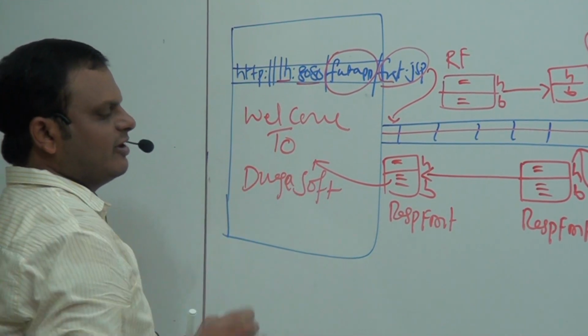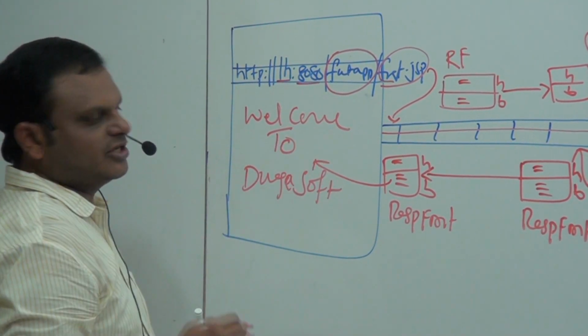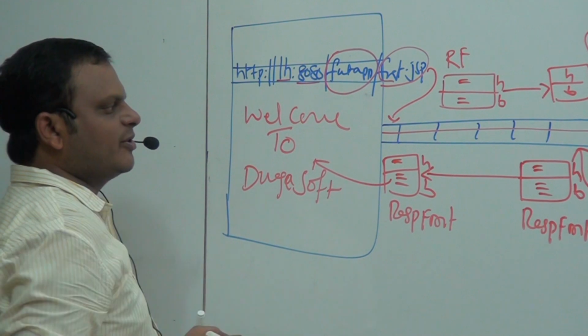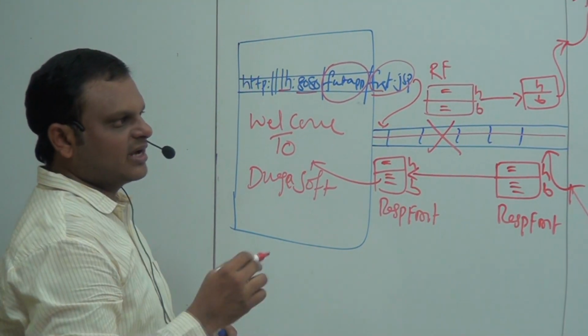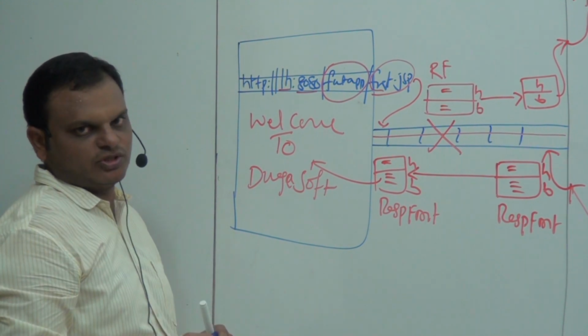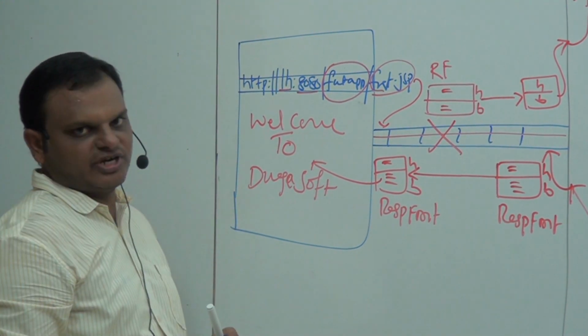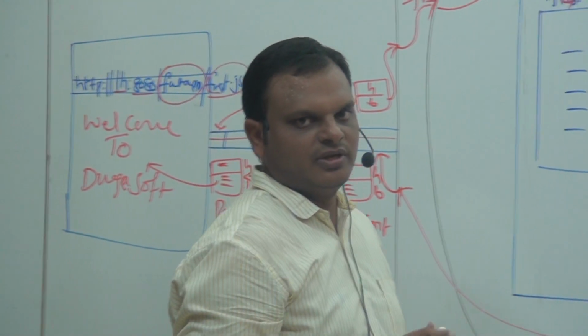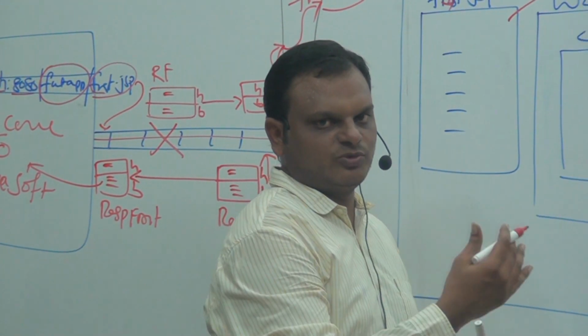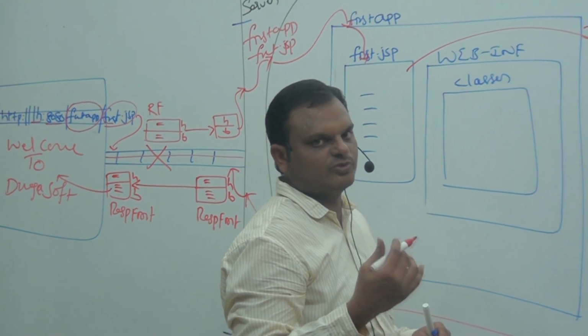Durgasoft is an example we have taken, and this is the response I implemented here. Whenever the response comes to the client, the protocol immediately terminates the connection we established. Whenever the connection is terminated, the container understands that application execution is completed and the required response is sent back to the respective client.